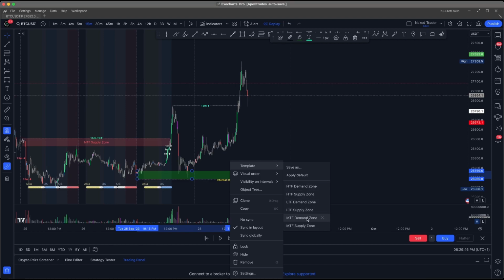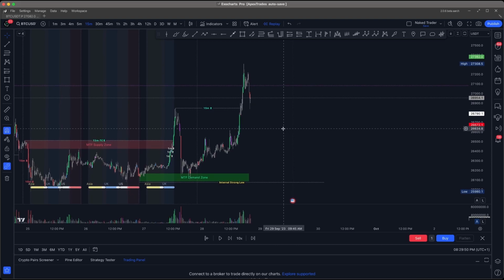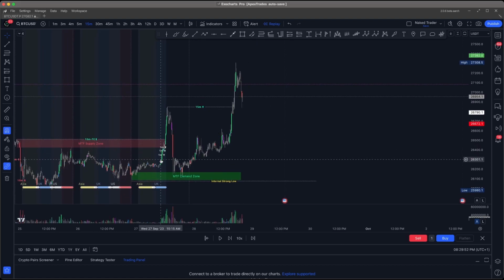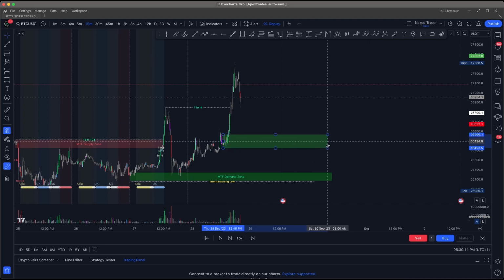Medium time frame demand zone. And then what are we doing again? Same concept, right? The market showed us what happens where liquidity gets built, and so are we going to get hit twice? And so you'd say, well, okay, this was the move that created that, and again, I would not argue with you one bit with that. So that could theoretically be the demand zone, right?